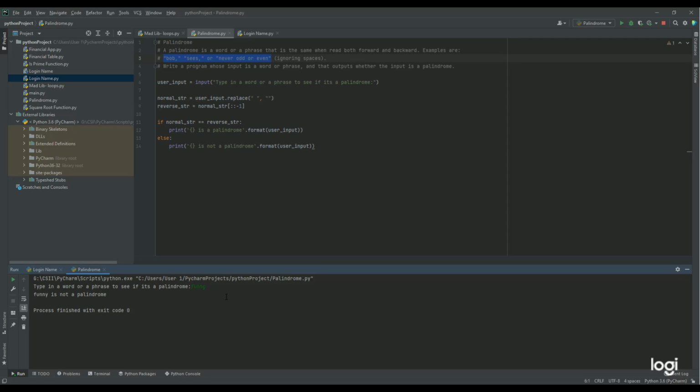Well, looks like I have made an error, so I'll fix that promptly and we'll get right back to it. Sorry guys, I misread that. I thought it said funny is a palindrome, but no, clearly says funny is not a palindrome. So our code is correct. We're gonna go ahead and move on to our third and final question,